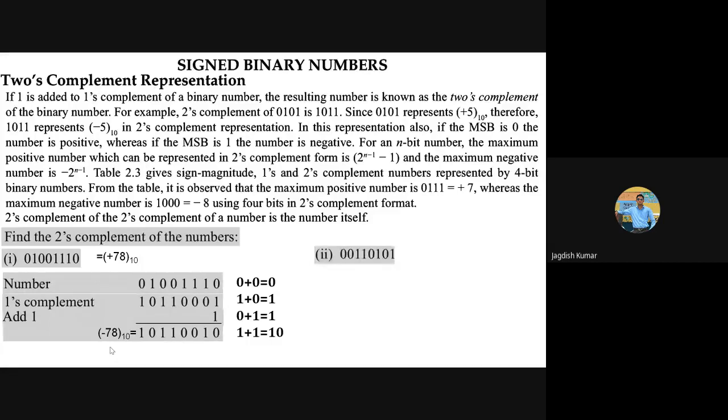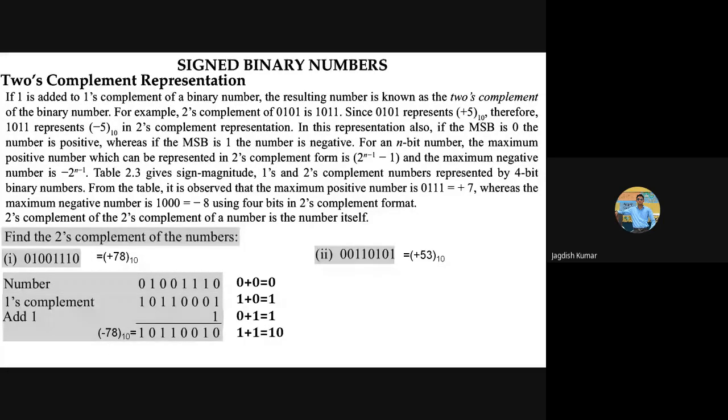Correct. Now let me give you another example. You all do it yourself again. What is this number? First tell me what it is in decimal form. I hope you are working it out. Okay, somebody says it is 53. Correctly done, very good. It is 53. Now find out its 2's complement.